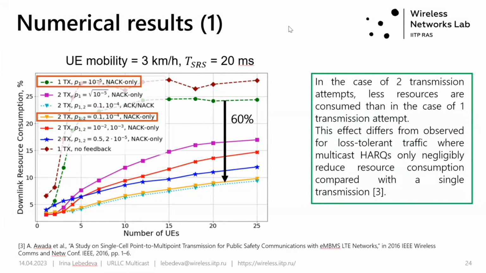Okay, as I understand, one transmission attempt consumes more resources because we need to satisfy PLR 10 to the power of -5 in the one transmission. So the algorithm uses the low MCS, and due to the base station consuming a lot of resources, but in the case of two transmission attempts,